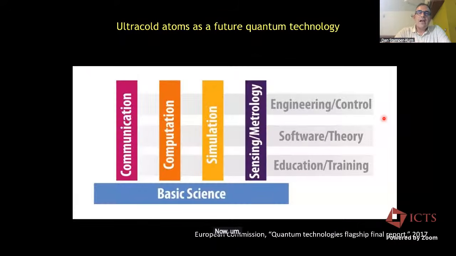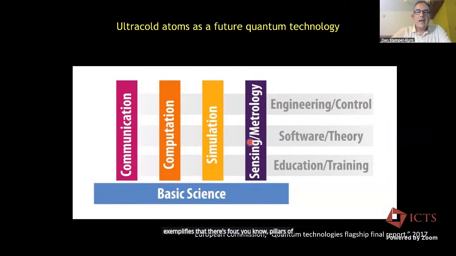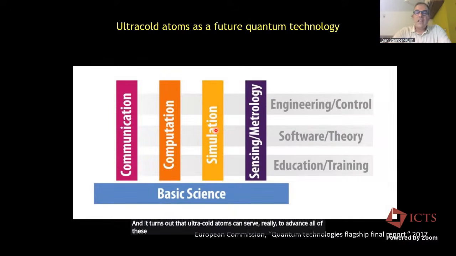Now, as you perhaps know, with this excitement about the future quantum technologies coming our way, there's a range of different technologies that people have considered. So here's a nice slide from the European Commission that sort of exemplifies that there are 4 pillars of applications of these novel technologies. And it turns out that ultra-cold atoms can serve really to advance all of these different applications